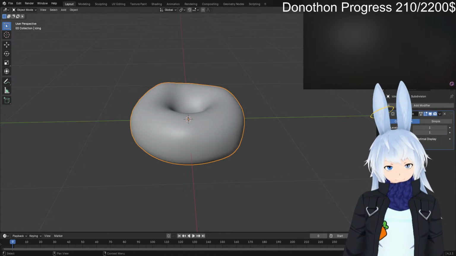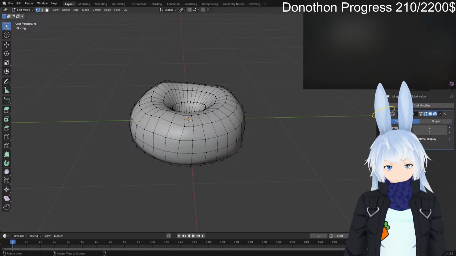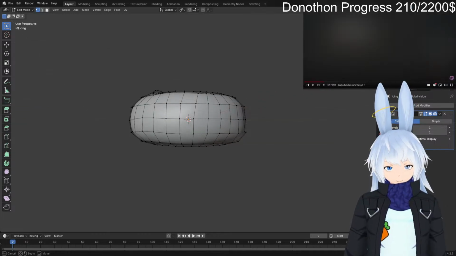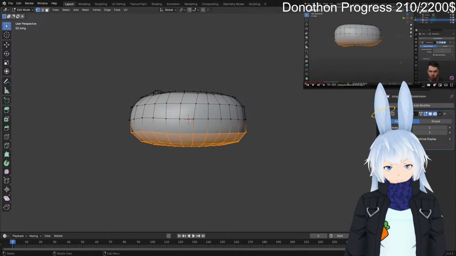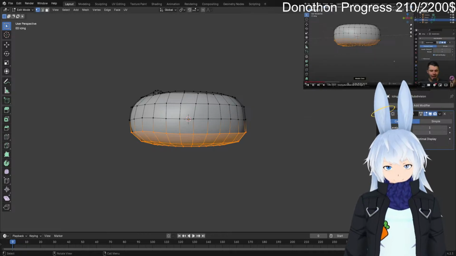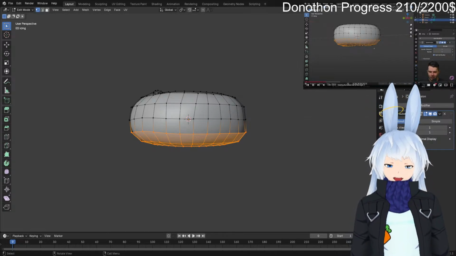So we want the icing on the top, which means this bottom half of our mesh here is redundant. Okay. Don't need it. So we want to delete it. So if we just dragged over the bottom here, you can see it looks like we've selected the bottom half of our donut, but if you were to move around, you would see we haven't actually. It's only selected, annoyingly, what is facing the camera. Where there's a mesh, it's not gone through the mesh. A lot of users find this annoying. I agree. Sometimes it seems like that would be the more default one that would make more sense, but anyway,